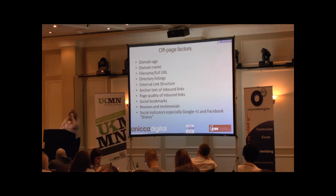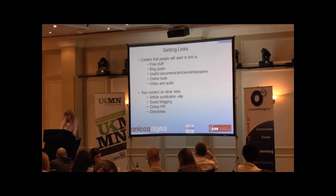Off-page marketing is probably the most difficult part of search engine optimization, and it's the bit that's changed the most, and that's why things like social indicators are so important. So if any of you have done SEO, you know link building is important, but let's talk about how we get some links. And probably the most important way of getting links at the moment is guest posts, because a